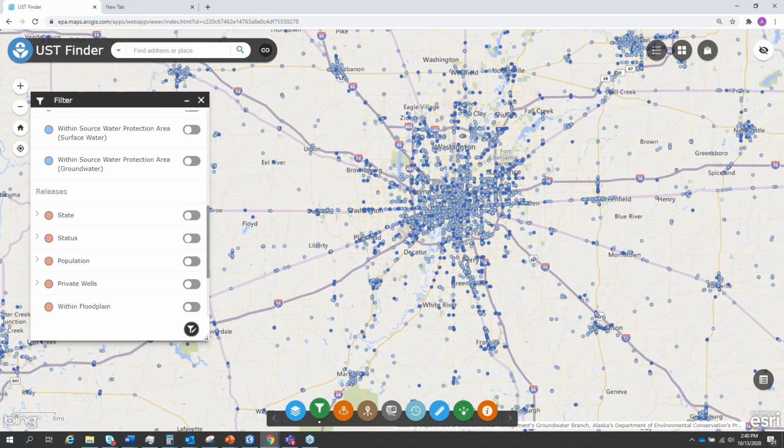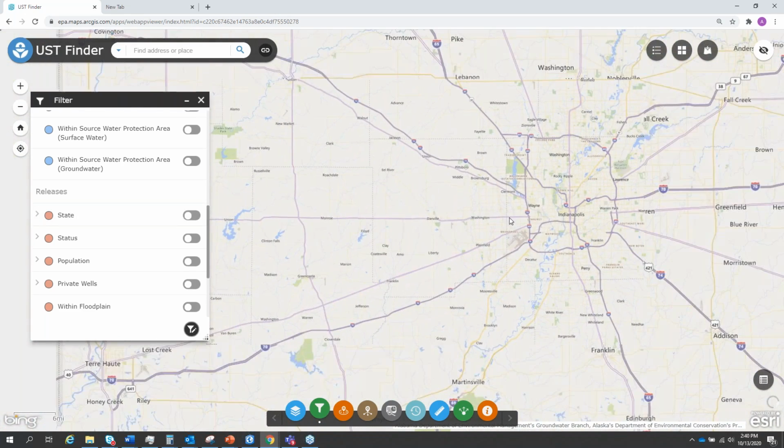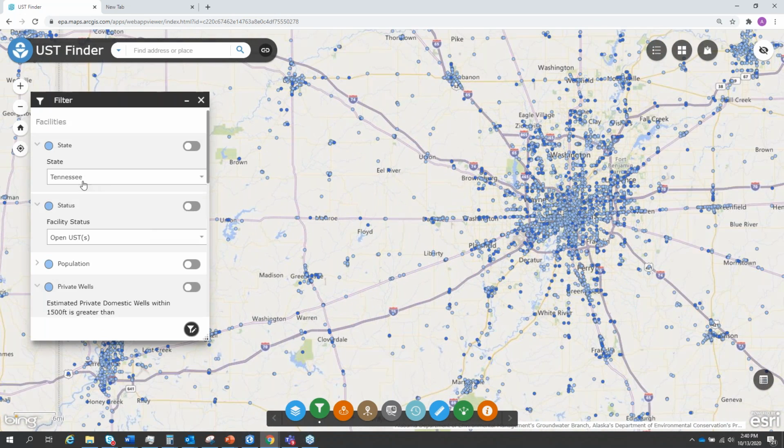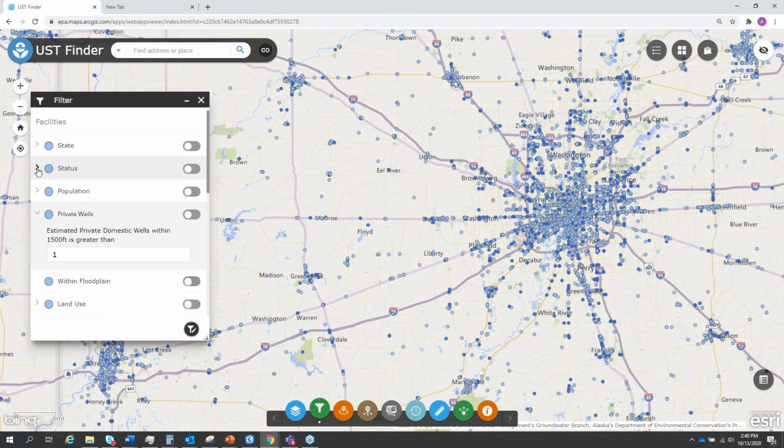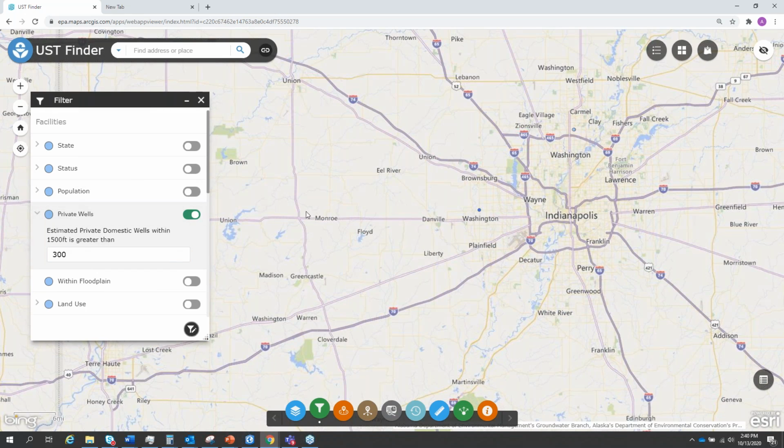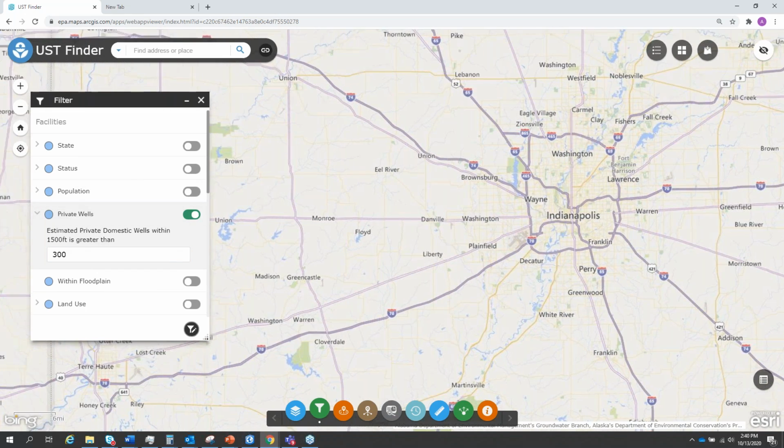And let's say I want to look at underground storage tank facilities with a lot of private domestic wells nearby, just to triage risk. So I can go in here and say, show me all of the facilities with at least 300 private domestic wells within 1,500 feet. I can toggle that, and here's one. There's one site.